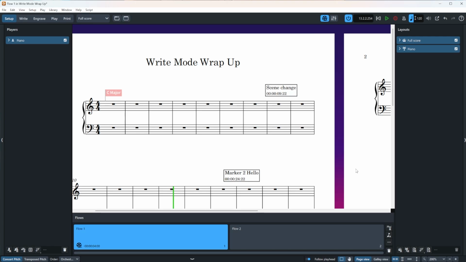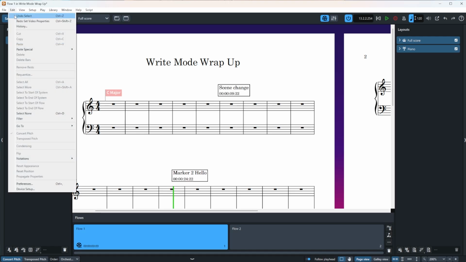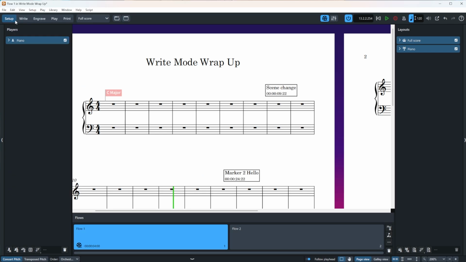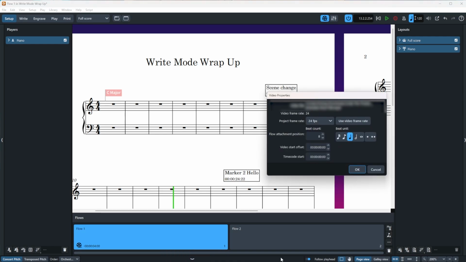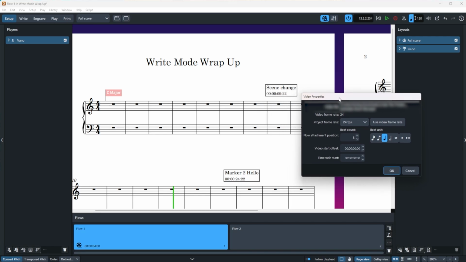I'm going to press Ctrl Z so you can see it better. This was before, and then this is after. All right, now let's go back again to, no, what was it? Yep, video, properties. Okay, and these are also the same. This is the timecode start. So it works with the numbers of your timecode that is here, and this is the start